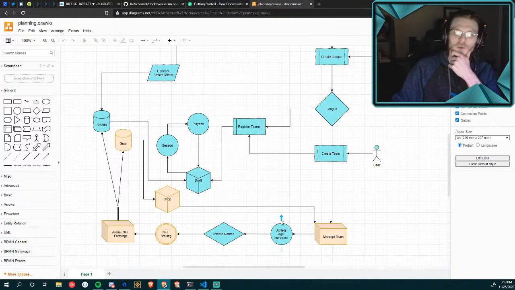But I think what's cool about that is it opens up the opportunity to do different things with those athletes once they retire. So the athlete age would increase, the athlete would retire.